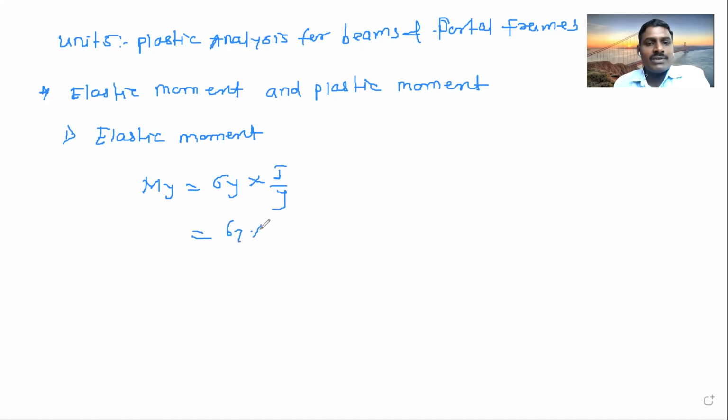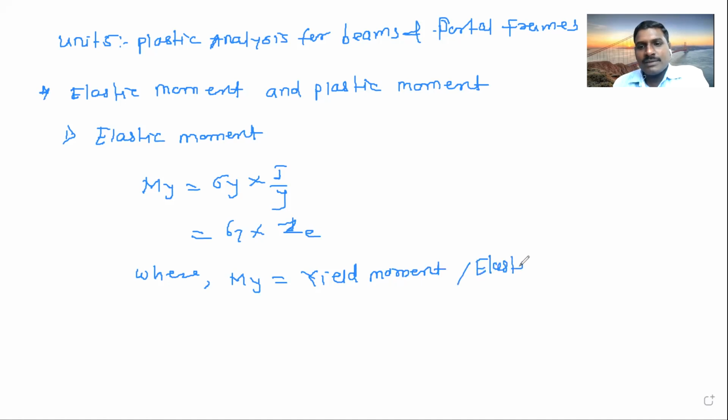This I by y is nothing but Z, that is ZE, the elastic section modulus. Where My is the yield moment or elastic moment,